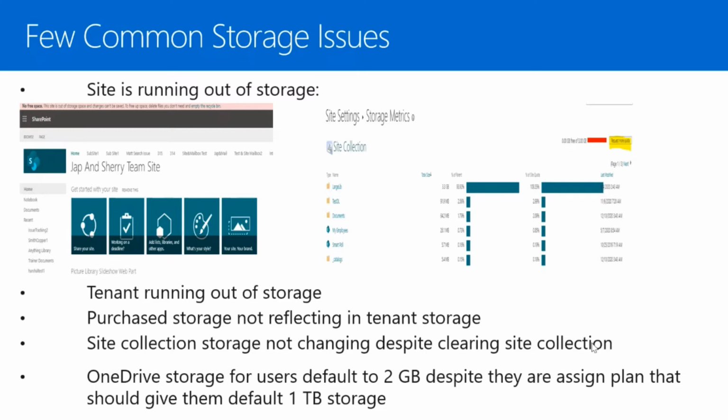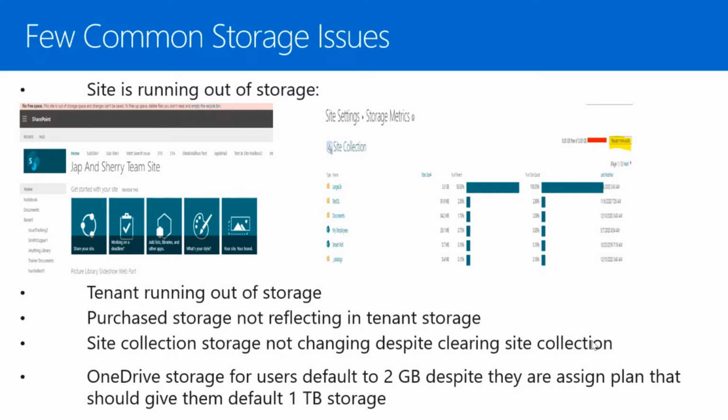It may be instantaneous in a few minutes, or it can be done anywhere within 24 hours, right? Now, we recommend all our customers to wait for at least 24 hours for the tenant storage to get updated after purchasing tenant storage, before reaching out to Microsoft. Now, if it has exceeded 24 hours, then yes, you can reach out to Microsoft and we'll do the checks